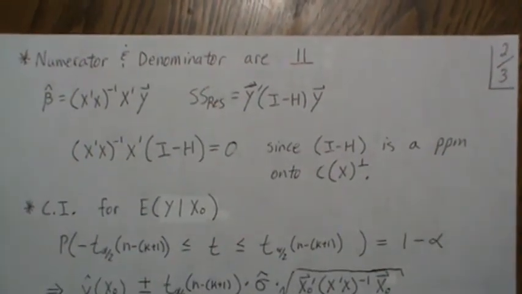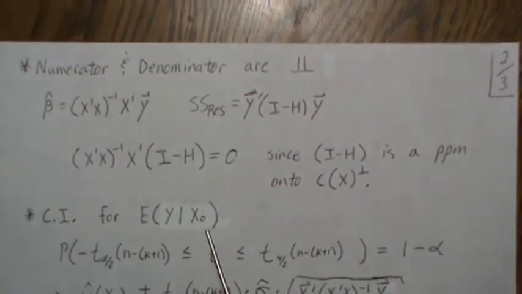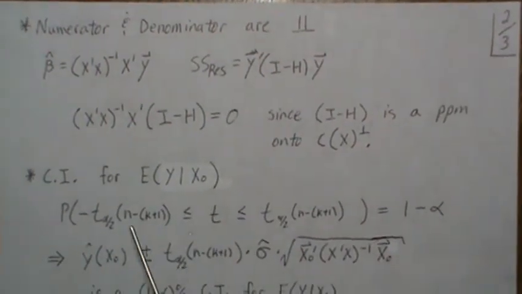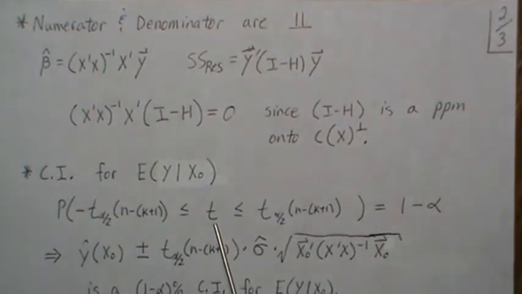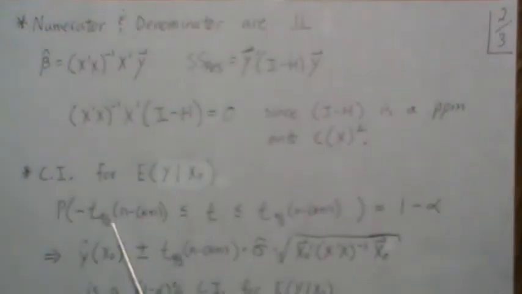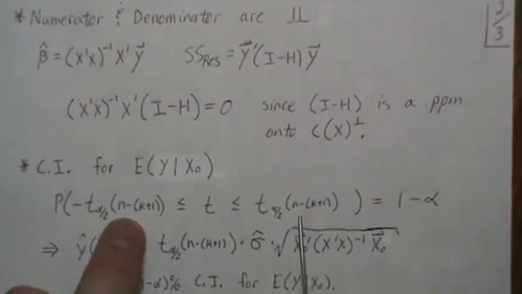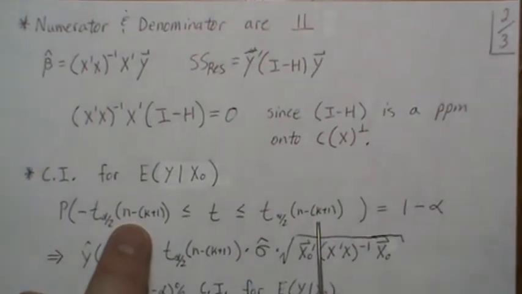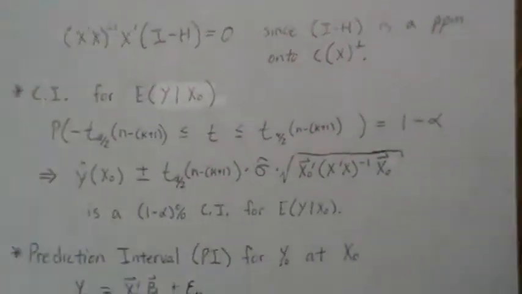Now, to develop the confidence interval for the average Y at a given X, it's this. So T from the previous page, that fraction, the number that we got, the probability is between the alpha over 2 cutoffs and the t distribution with n minus k plus 1 degrees of freedom is 1 minus alpha. And then t, and I'll flash it anyway,